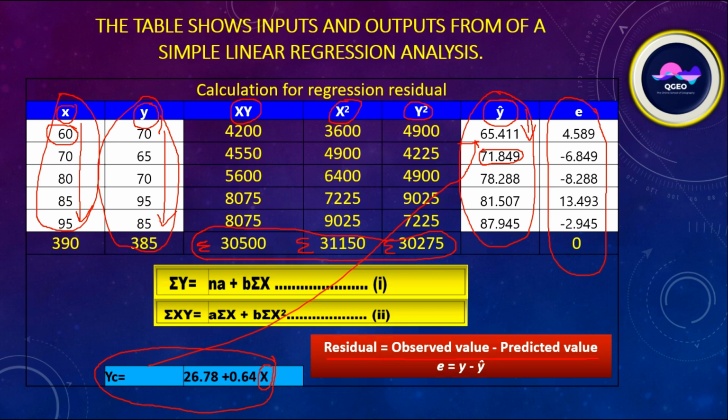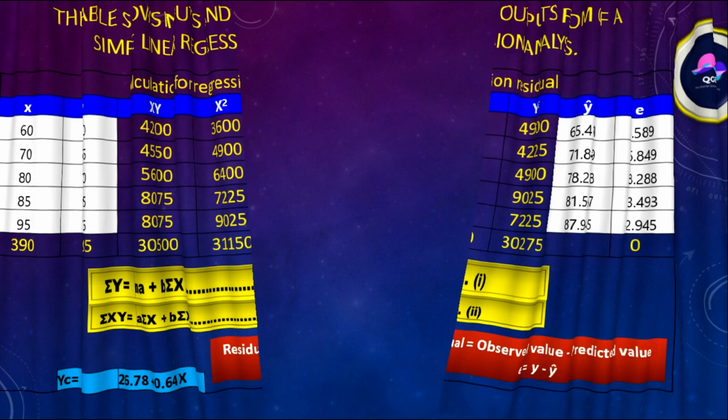Putting the value 70 in the equation yc equal to 26.78 plus 0.64x, y will be 71.894, but the original value is 65. The difference between the original value and the estimated or predicted value is equal to E. And now putting the values in a plot, we can easily